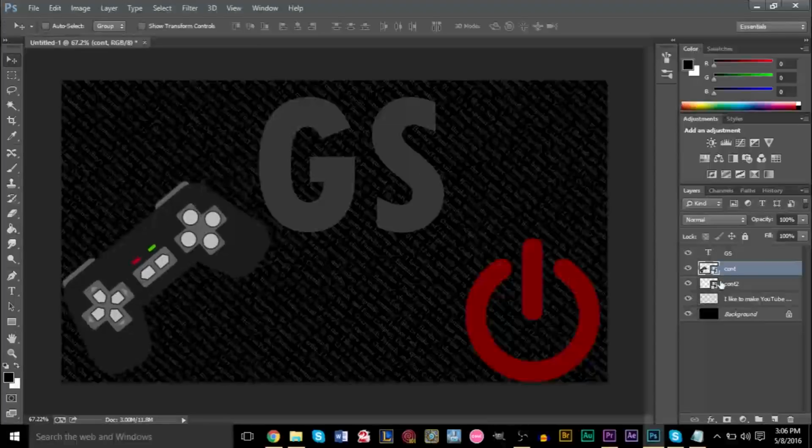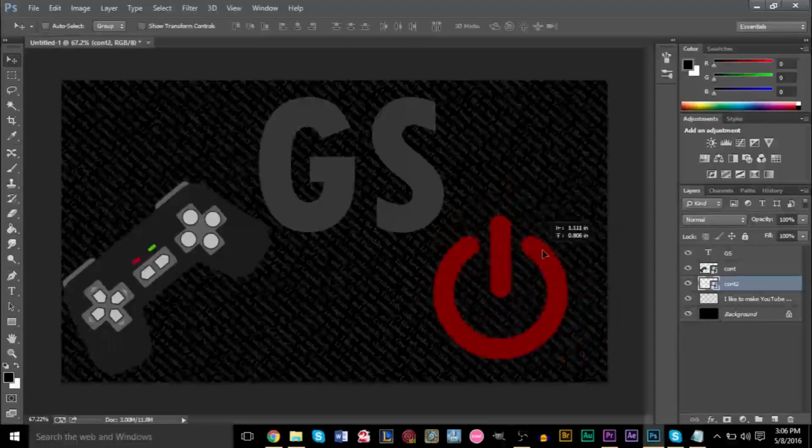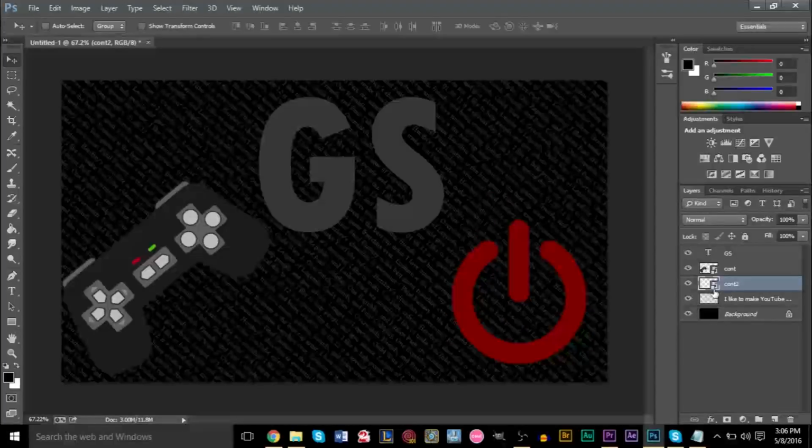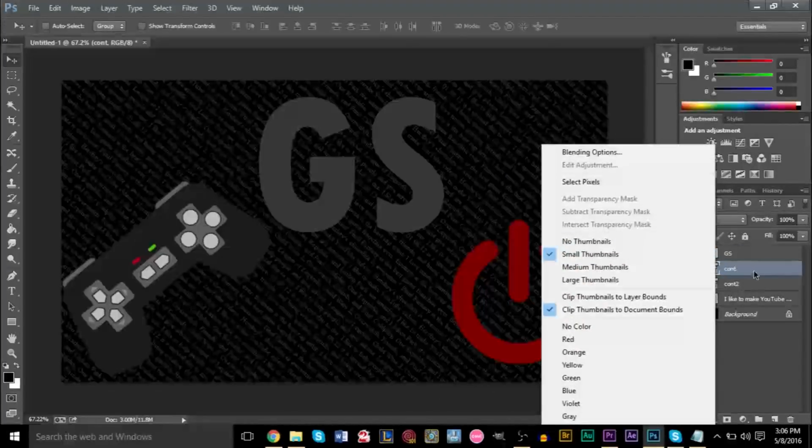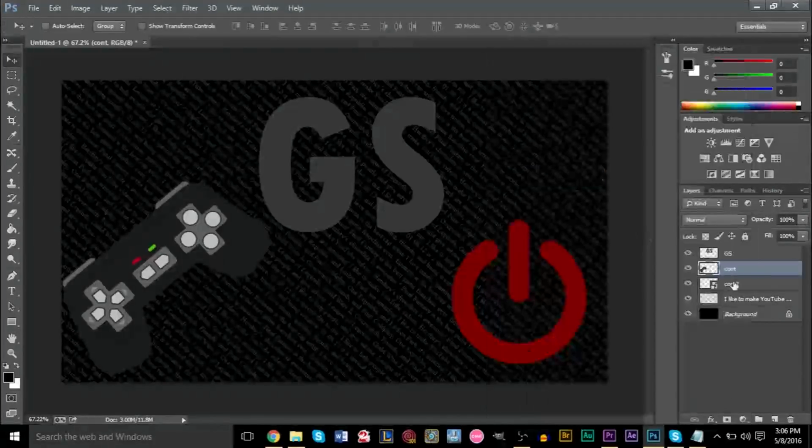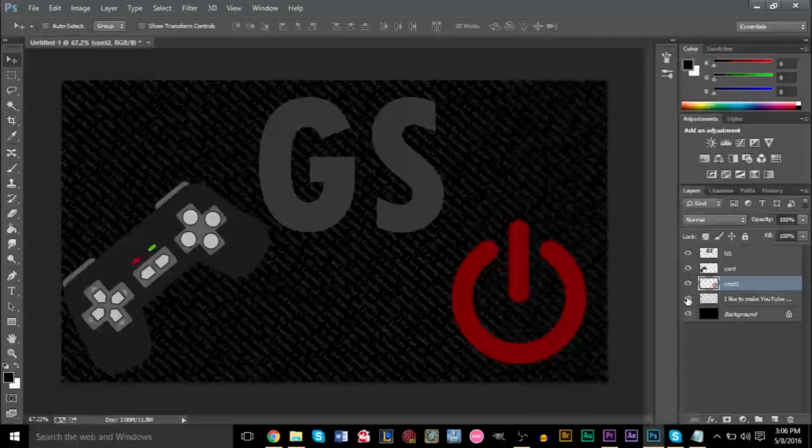So something like that, and then we'll get our power sign right here. That's fine. Alright, so once you have all that done, make sure you rasterize all these layers. So rasterize that, rasterize your smart objects as well, the things you imported. And from here on, what we're gonna do is, you can do this individually one by one, or you can